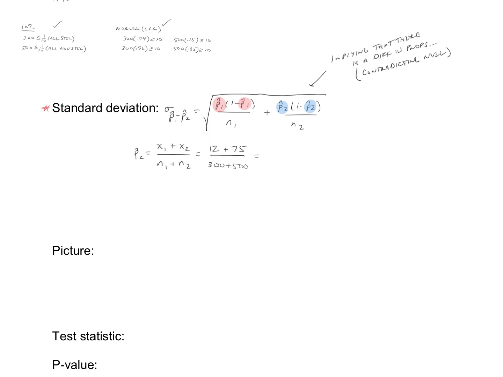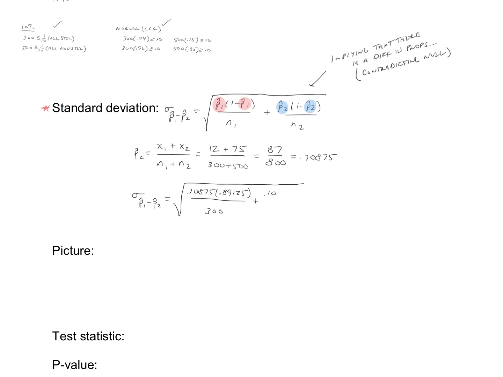And so we're going to say it doesn't matter what group you pull them from, it's the same proportion regardless. That combined proportion is 87 out of 800, which is 0.10875. So we're going to combine these two pieces together, and now we're going to do a null hypothesis appropriate approximation of the standard deviation, and this is where we use p hat c for both groups. So imagine 0.10875 is, we're saying that it doesn't matter, and so that makes this 0.89125, all divided by 300